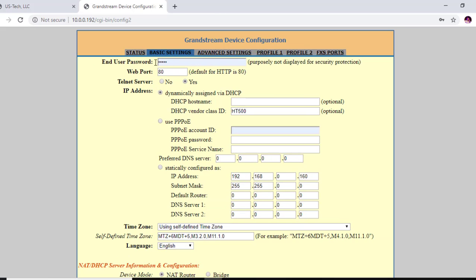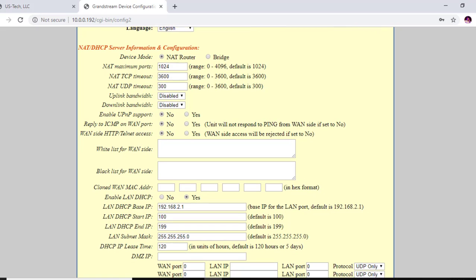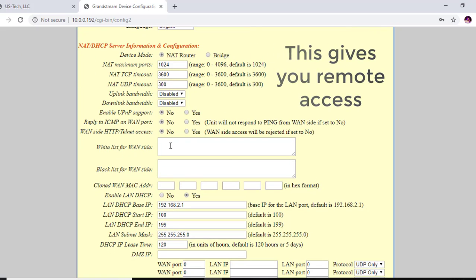and you can change your password here, and you can also change the web port for security reasons. Right now it's set up DHCP or dynamically, and that's what we're going to do, but I recommend setting it up statically if you can get a static IP address from your customer. That way you can log in, you can hit this static IP address, and down here you can whitelist your home IP address or your office IP address right here,